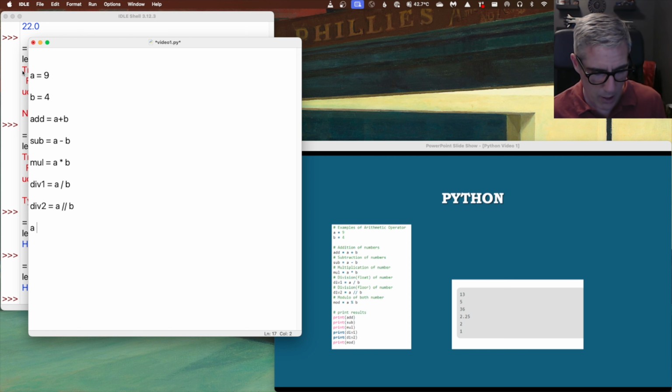A modulus. Let's try that again. We'll put mod in front of that. A modulus B. Now if I want to print out all those results, I can type print, and I'm going to do,